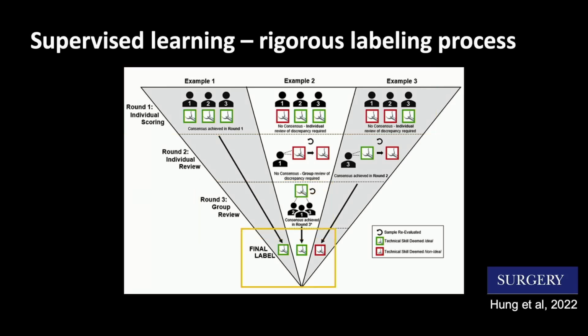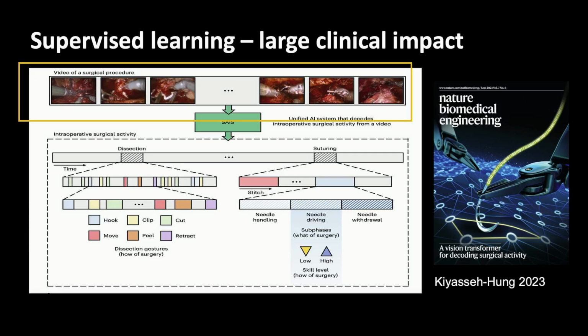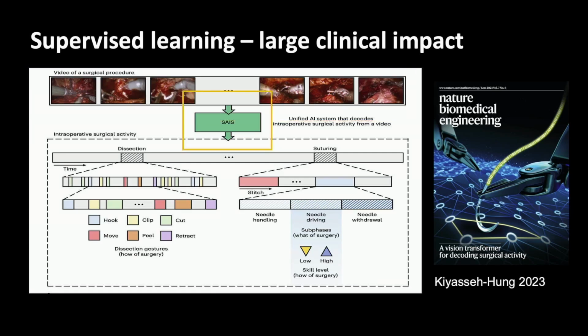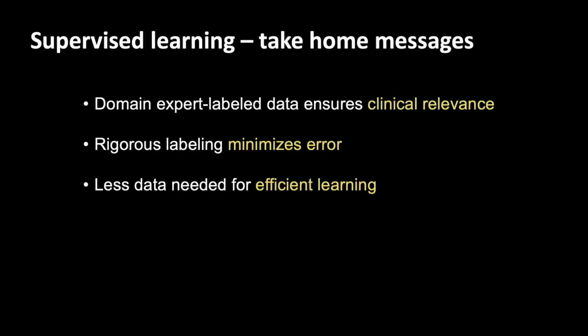And then finally, the last thing to say is with these relatively large labeled data sets, we are then able to train these models that, as you saw in my prior talk, be able to identify surgical movements as different gestures, or to identify different examples of suturing as high skill or low skill in a very granular sense. And this is only possible because you have informed this model what is good examples and what are poor examples. And without that, how could you possibly have that clinical impact that we ideally want to have?